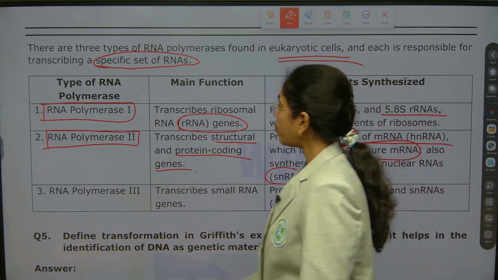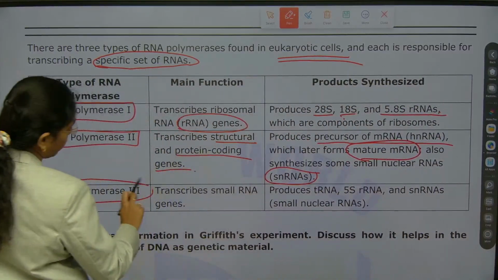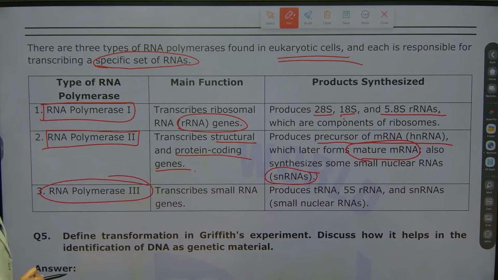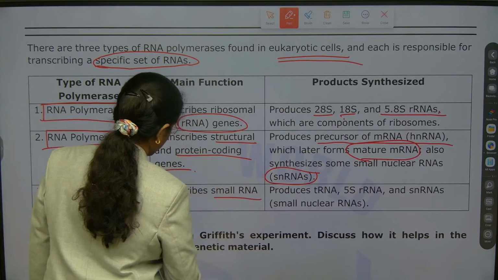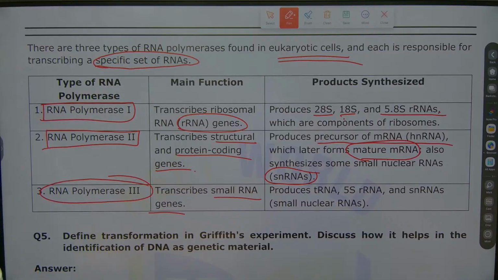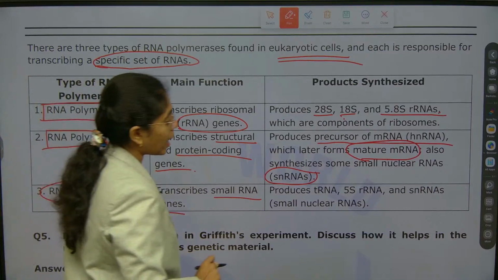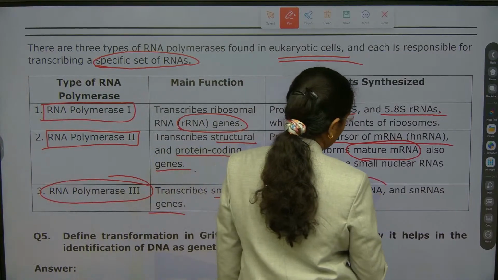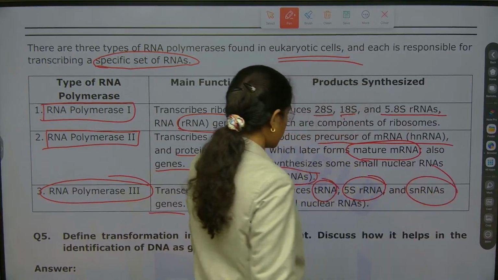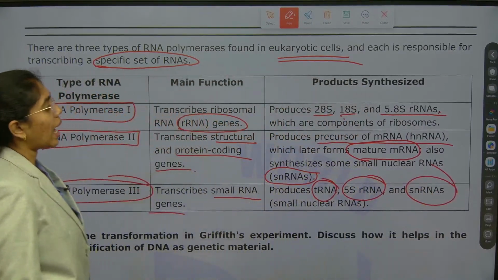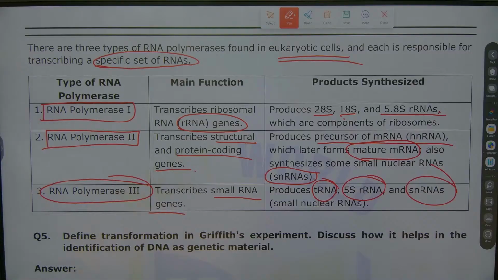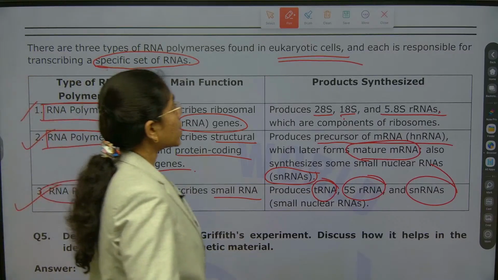Next, RNA polymerase 3. What does RNA polymerase 3 do? This will transcribe small RNA genes, which will produce tRNA, 5S rRNA, snRNAs. So, these are the products that are synthesized from RNA polymerase 1, RNA polymerase 2 and RNA polymerase 3. Clear till here? Any doubt anywhere? Yeah. Next we see,